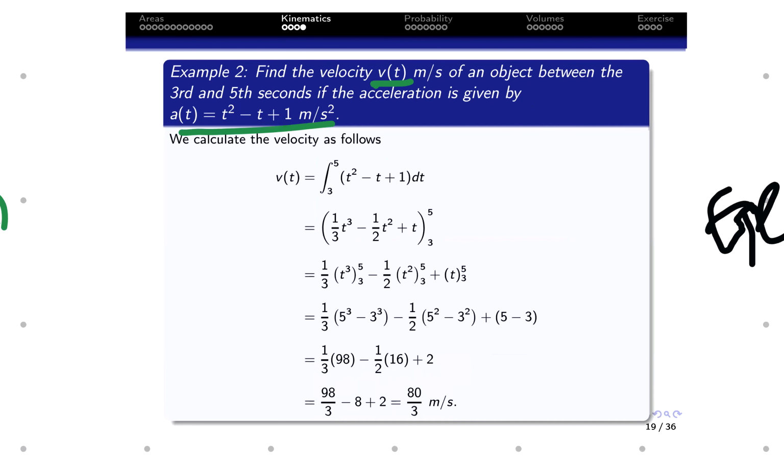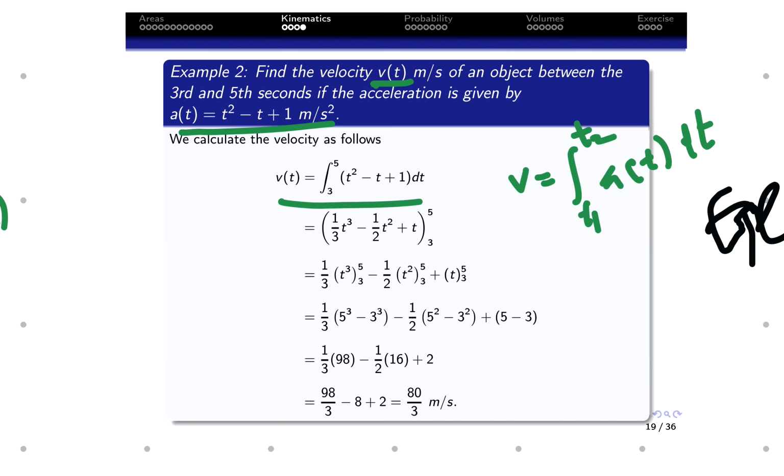So we know velocity is the integral from t1 to t final, or t2 if you like, of a of t dt, like that. So that's integral. So specifically third to fifth second. So between the third and fifth second, you want to know what the velocity is. All right. So you have v of t equals integral from 5 to 3 of t squared minus t plus 1